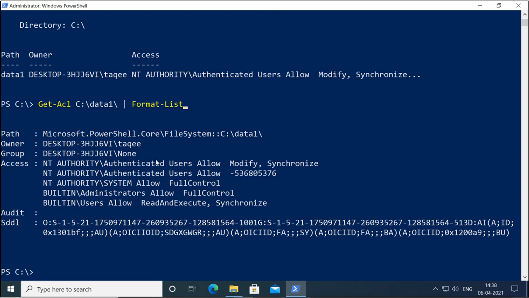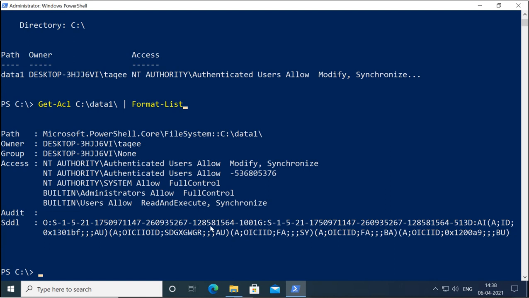So authenticated users are allowed to modify and synchronize, then on this they allow full control, system is allowed to have full control, administrators are allowed to have full control, and users are allowed to read and execute and synchronize only. Auditing has not been done. This is the unique ID of this directory. So it shows in the list format.